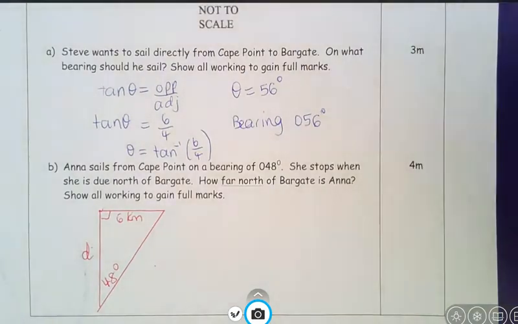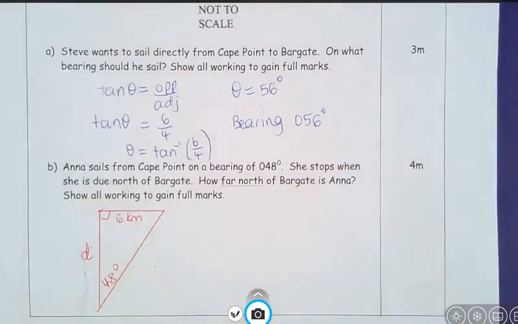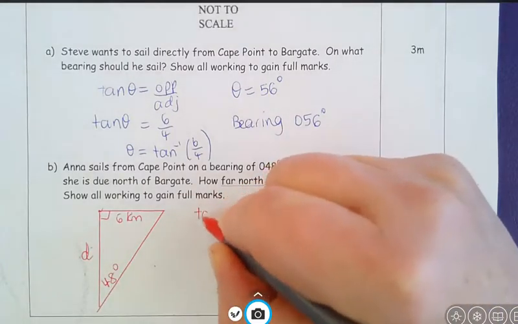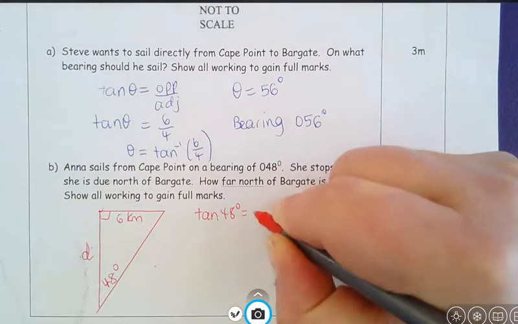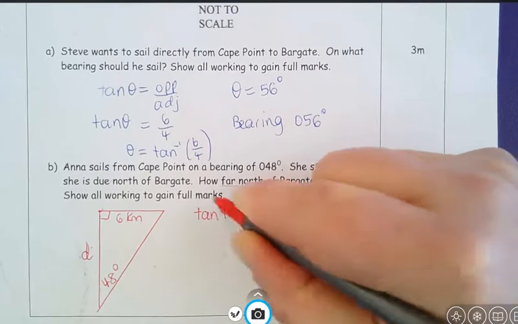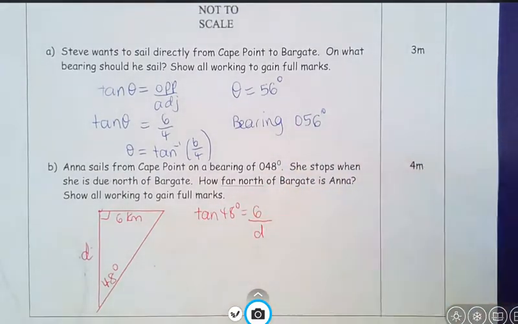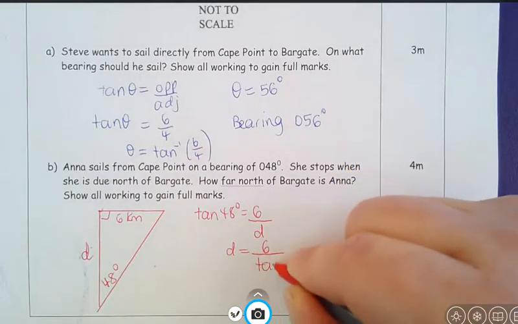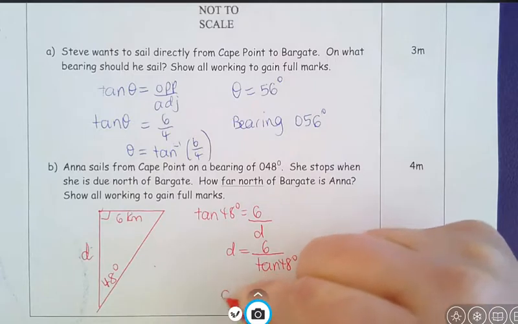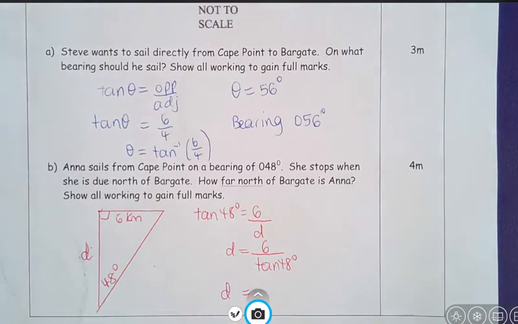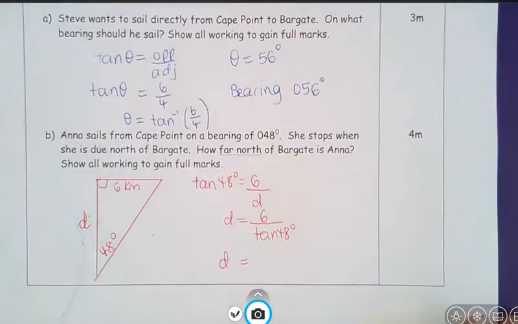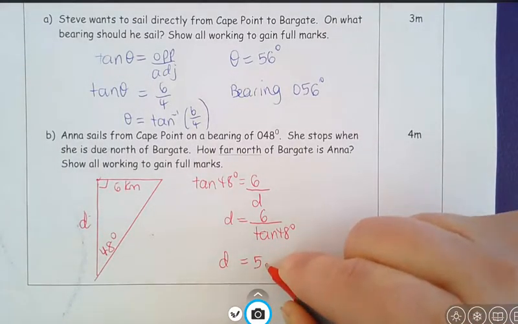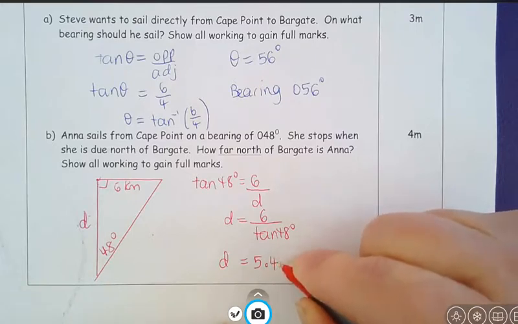or N. It doesn't matter. So what are we going to use? Sine, cos, or tan? Opposite and adjacent. So tan of 48 degrees is opposite over adjacent, which is 6 over D. Remember when what you're finding is on the denominator, you do your little swap. D is 6 over tan of 48. Anyone got an answer for me, please? So D is, what have we got? 5.40,